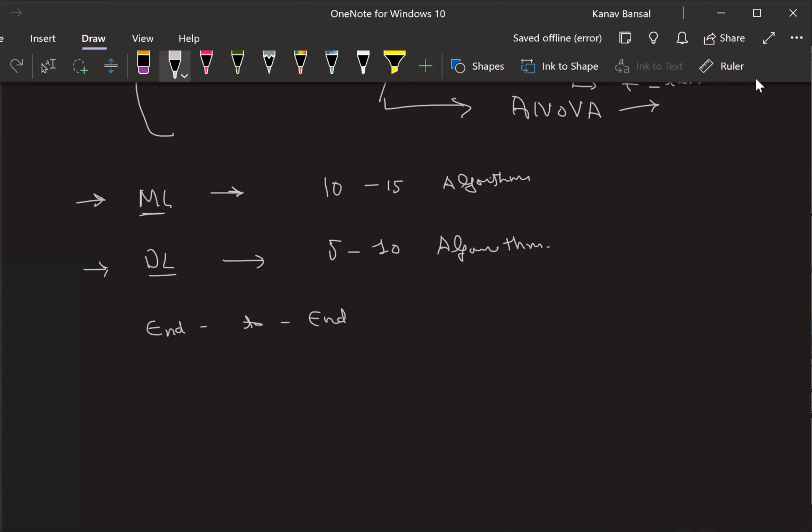Yes, correct, Lucifer. Avnish, Bayes theorem, naive Bayes, everything will be coming here. Naive Bayes algorithm will be coming here, right? Similarly, somebody is talking about KNN. KNN is also going to come here. It is going to be one of these 10 to 15 algorithms. Somebody is talking about CNN, ANN. So CNN, ANN will come here.